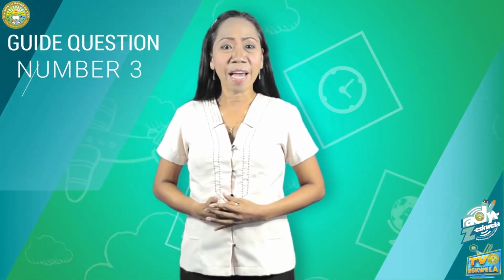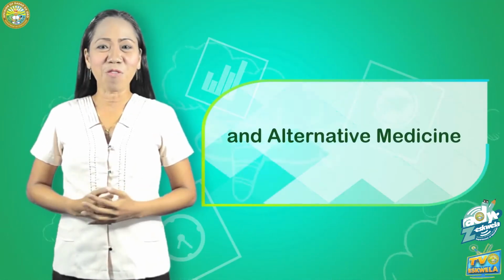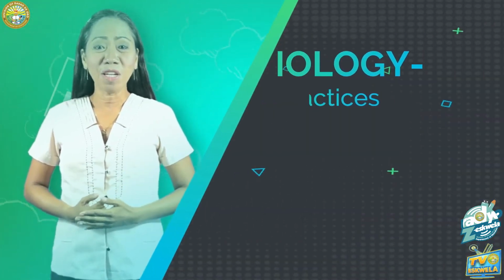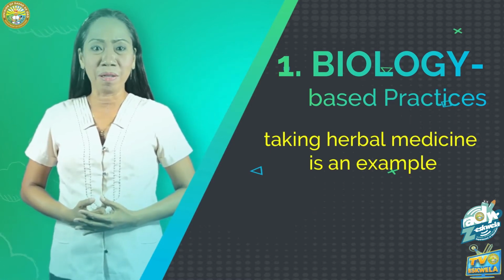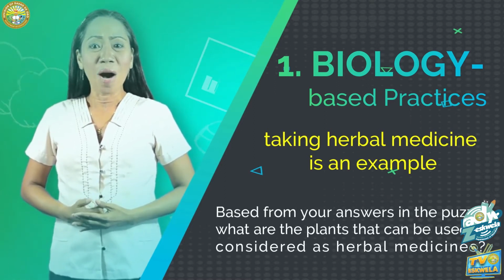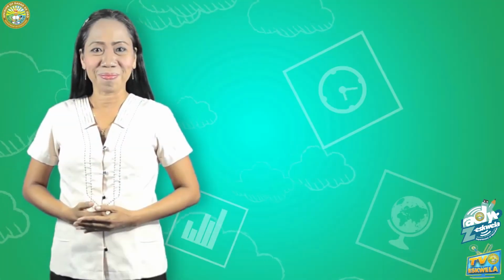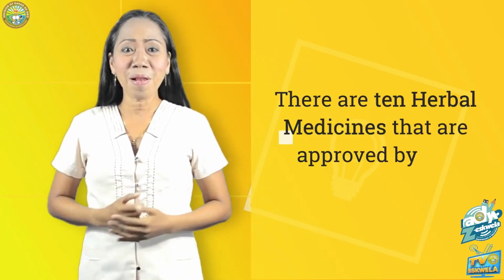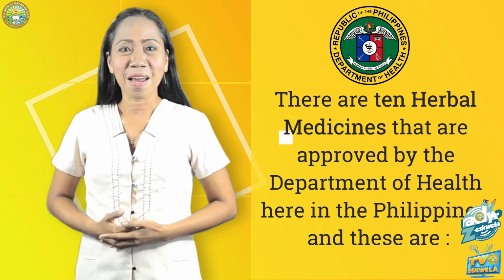Let us take our guide question number 3. The 4 domains of complementary and alternative medicine. 1. Biology-based practices. Taking herbal medicine is an example. Based from your answers in the puzzle, what are the plants that can be considered as herbal medicines? Your answers are correct. There are 10 herbal medicines that are approved by the Department of Health here in the Philippines. And these are